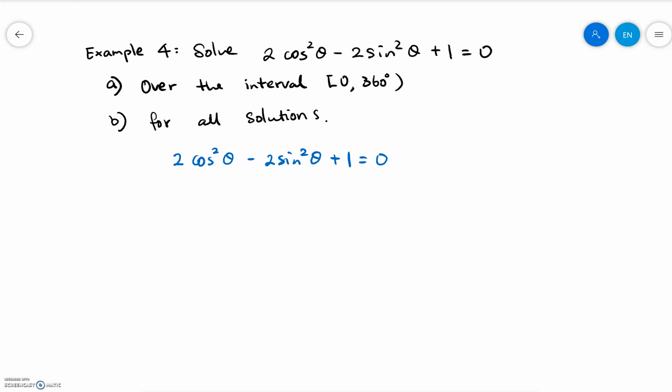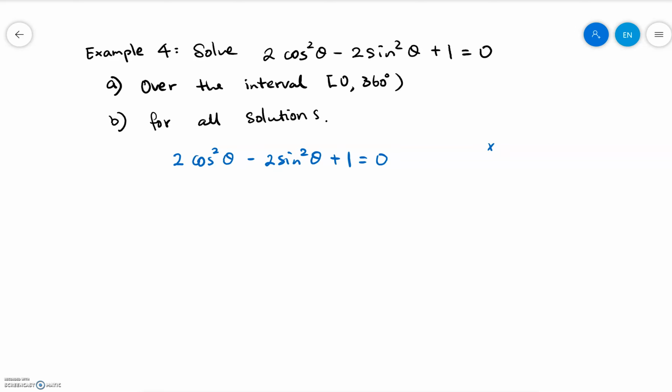Okay, so we have both cosine and sine, and we do not want both trig values. We want to reduce them to maybe one trig value. Yes, I can rewrite cosine squared theta as 1 minus sine squared theta and solve from that point. But here, since the title is using the double angle formula in reverse, I'm going to use the double angle